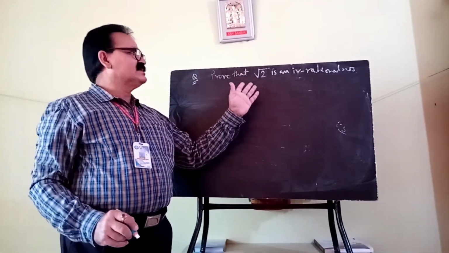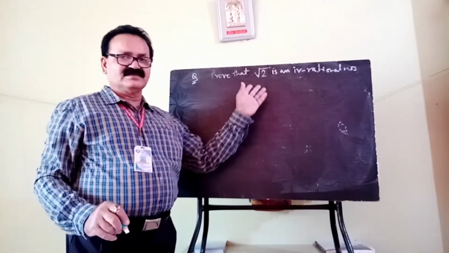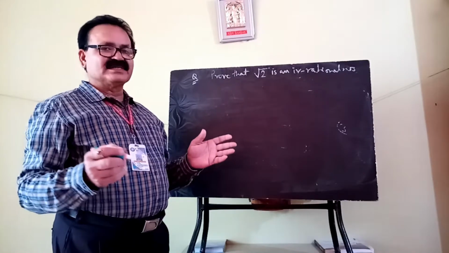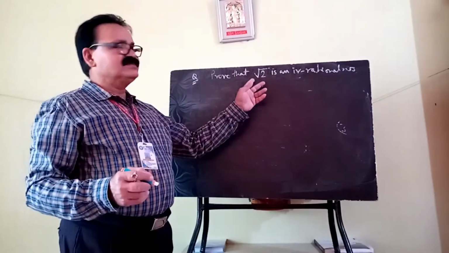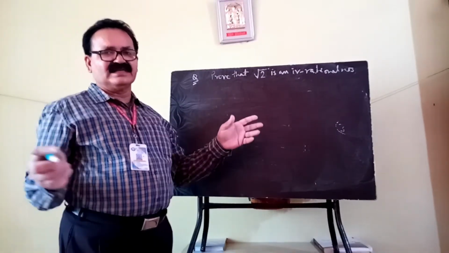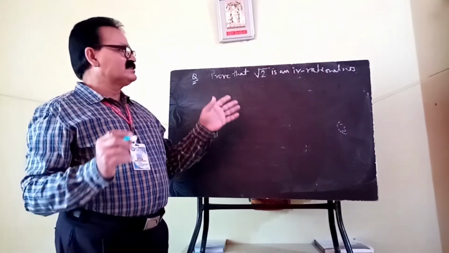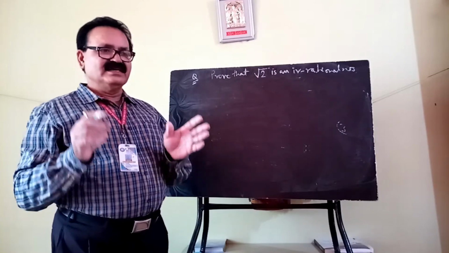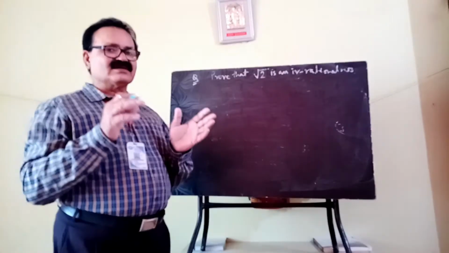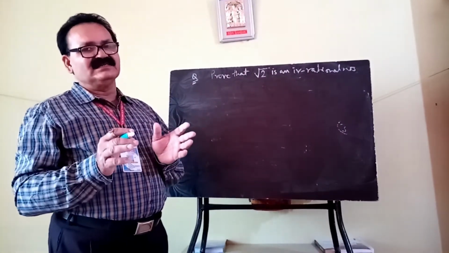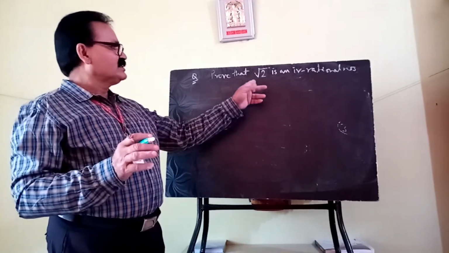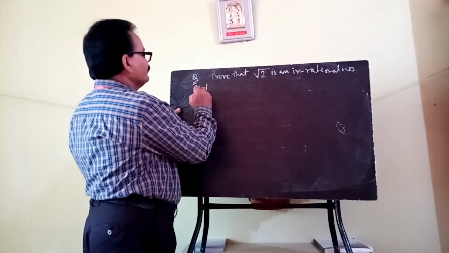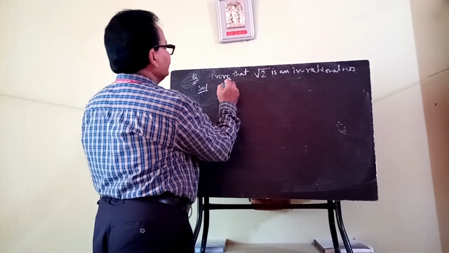You will see the square root method that you already started in class 8 in the chapter on square roots. By the long division method you can find it, but it will take a longer time. There is a second method also, which is the method of contradiction. In this method we will use the concept of rational numbers to prove that root 2 is irrational. So now your solution will be like this.